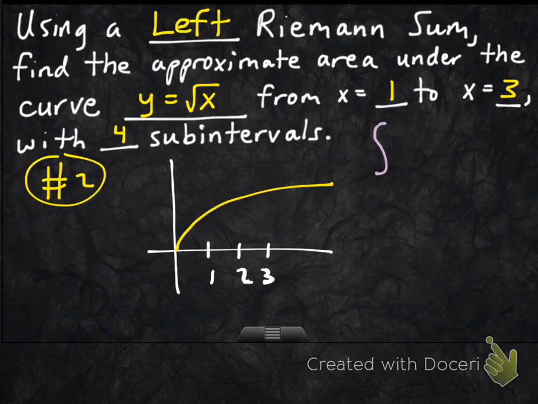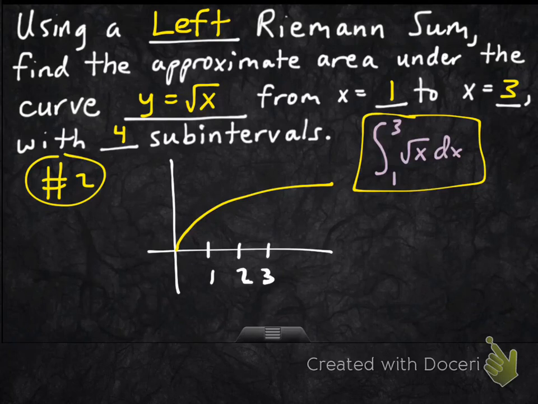Riemann sum approximation in terms of what we're actually approximating. In other words, goal number 2, what are we actually trying to find? We're trying to find the approximate value of the integral from 1 to 3 of the square root of x dx. So if you can get familiar with that notation before we even start talking about it, it'd be kind of nice. So anyway, this is what we're approximating,